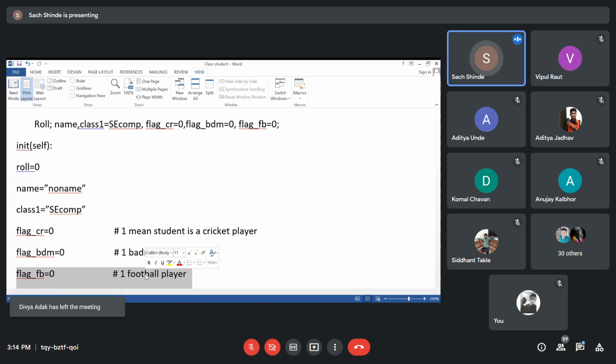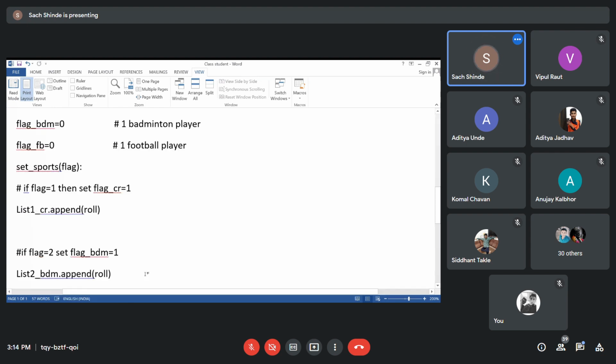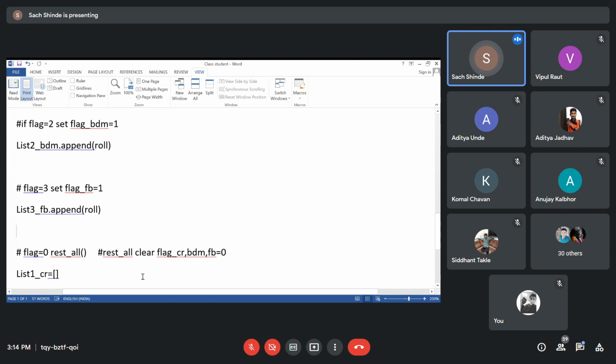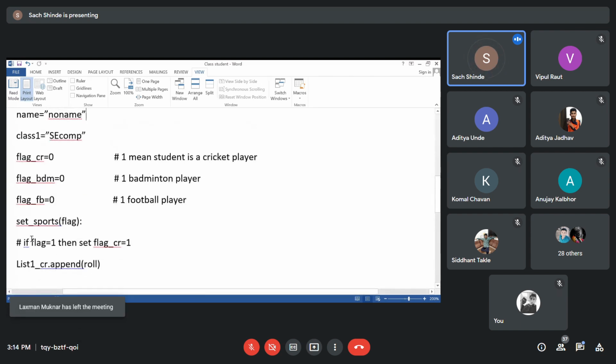Now, sometimes it happens that a student is not interested in any game or he has left one of the games. So what we can do, we can reset for them. So there is a reset option we have to create over here, that is reset all. So over here we have discussed setting the flags as reset all. What it means, clear all the flags. We have to set all the flags to 0. So now, as far as these flags are concerned, we got the significance of why we have created the flag.